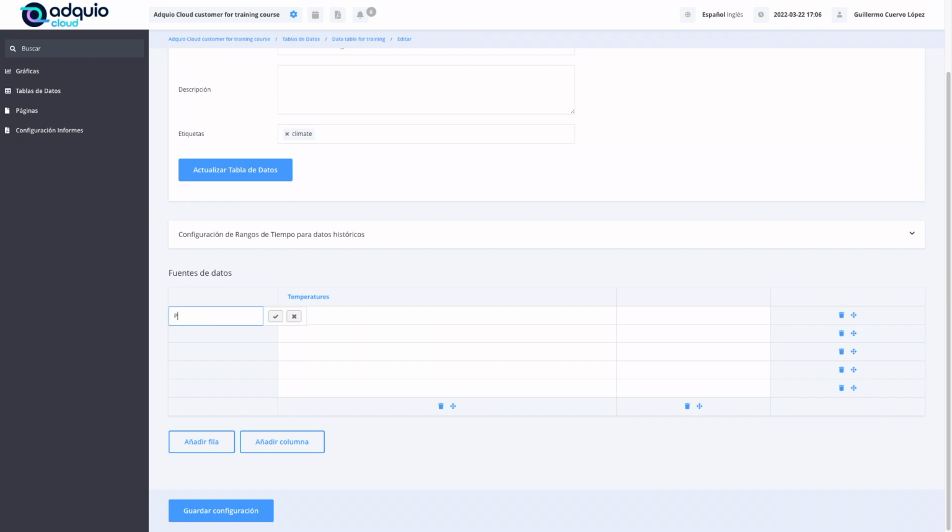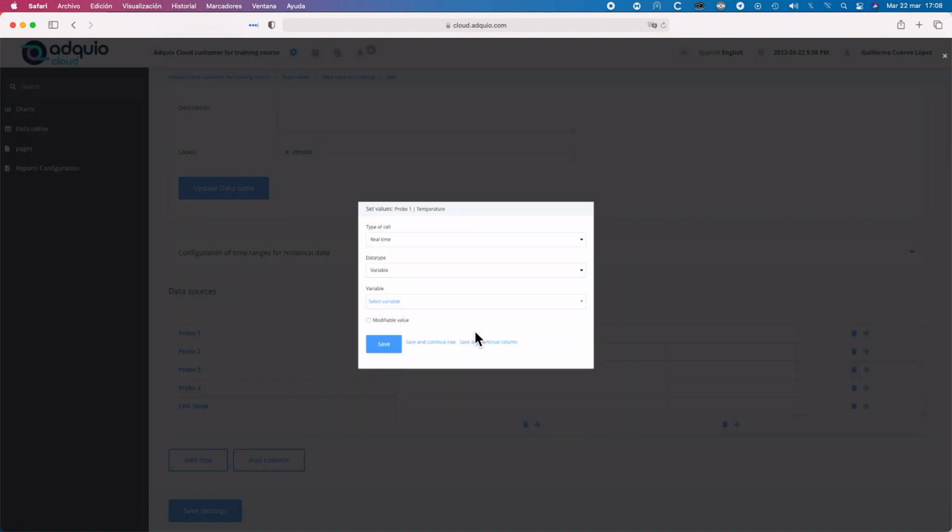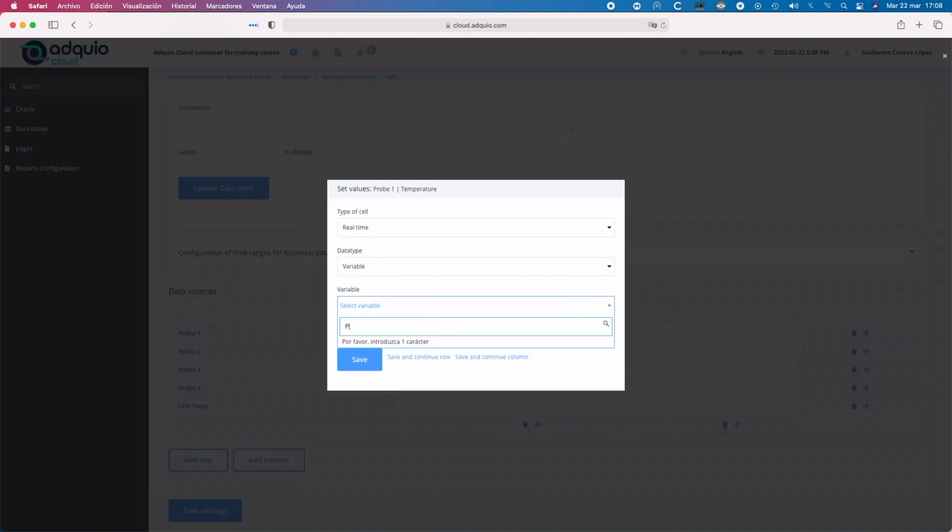And here, we are going to put probe 1, probe 2, probe 3, probe 4. And we also have the temperature of the CPU here. Very well, because the only thing we have to do now is select the variables, and it would be